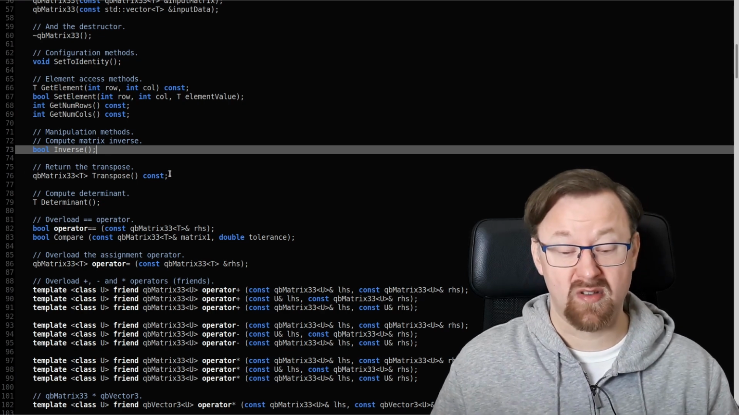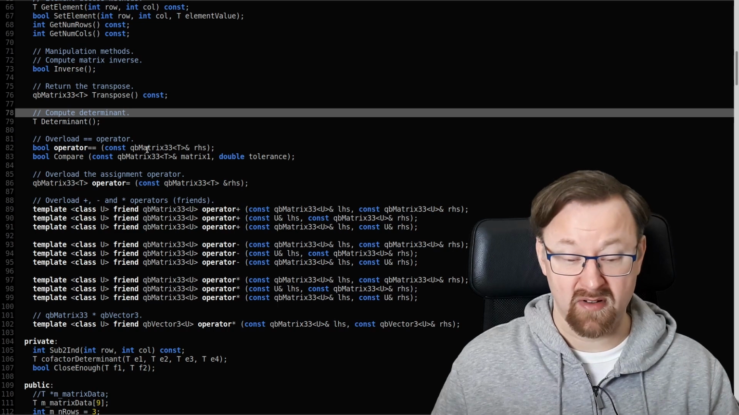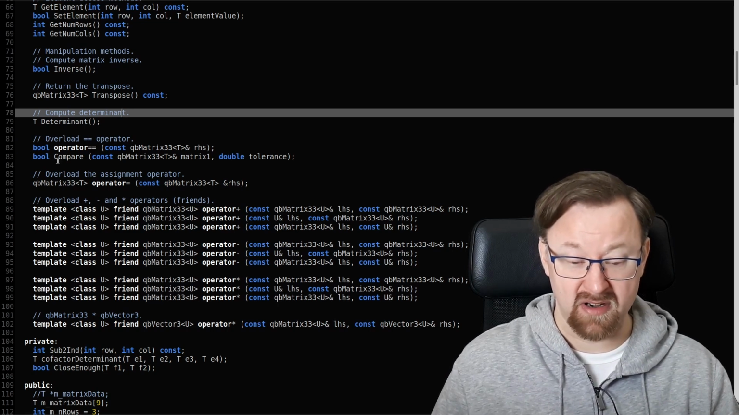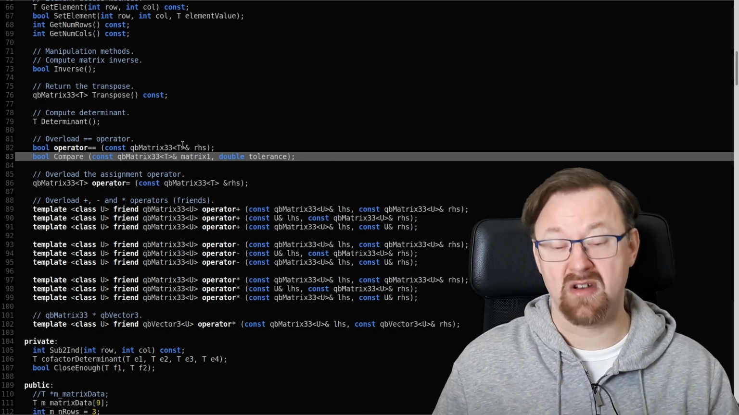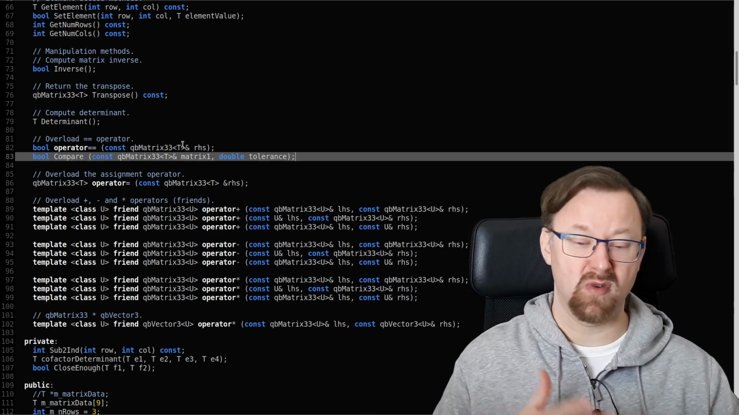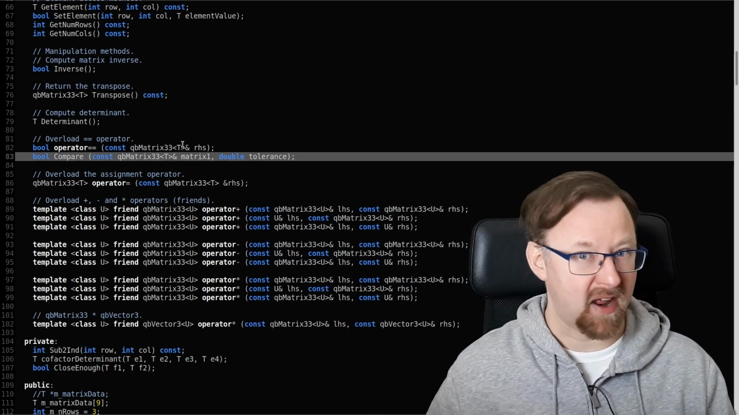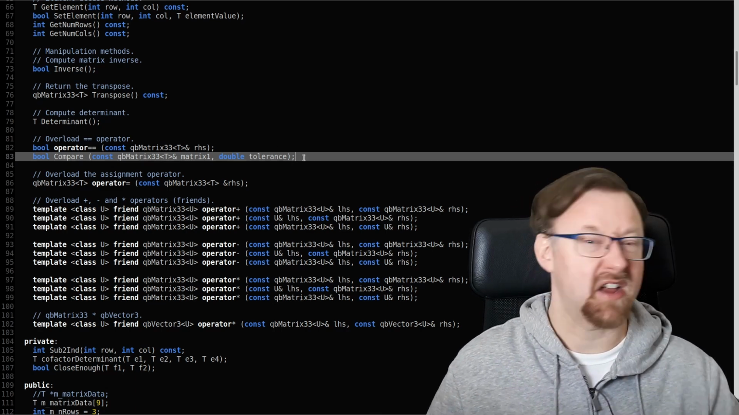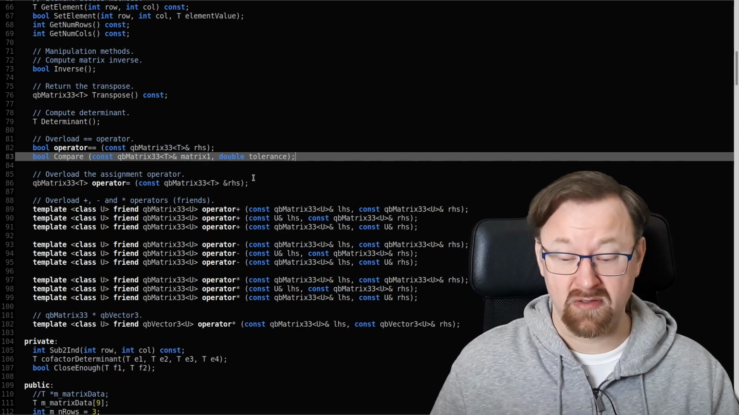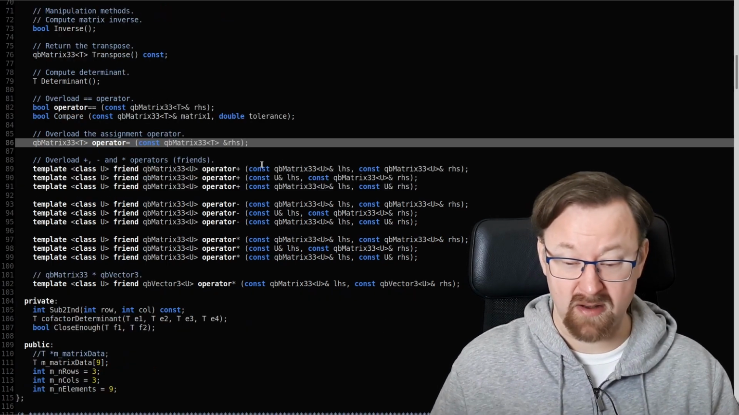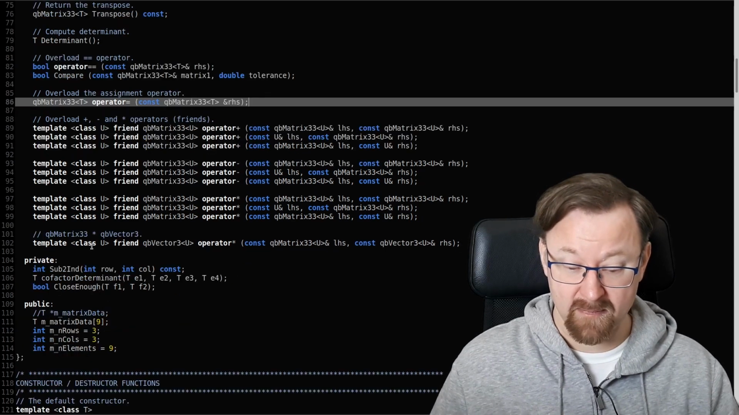We have a function to transpose our matrix, we have a function to compute the determinant, and then we overload the various operators, the equality operator, and we have a separate function to compare with a specified tolerance, because if we're using double precision, we might not want to compare exact equality with numbers. We can accept a certain tolerance for that. I talked about that in the linear algebra library series. We overload the assignment operator as well, and then we have our overloaded arithmetic operators, plus, minus, and multiply, and we have a